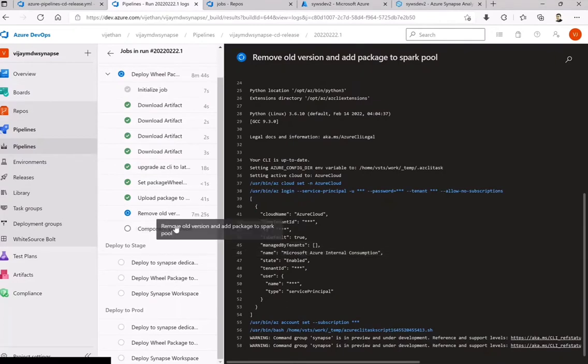Unfortunately, we cannot speed this up, or maybe one way to do it is to go with a consistent environment, or I would say the respective version, so that this is not required. But ideally, if you are releasing versions or the packages are changing at times, this step will be required. But I think you can go ahead with editing this YAML for release and remove this particular job itself.